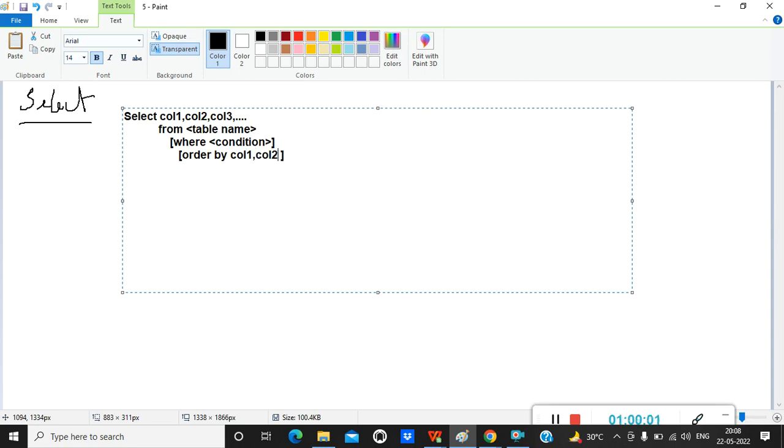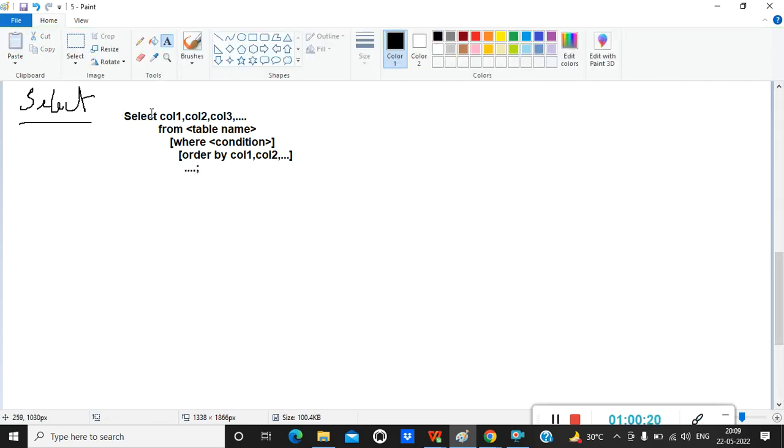Col one, col two, dot dot dot. Okay. So what is the function of order by? I will tell you. It is basically used to sort the data, sort the output data. And you can have some more things here. We will discuss later. Now, first, let me describe to you that this is a select query